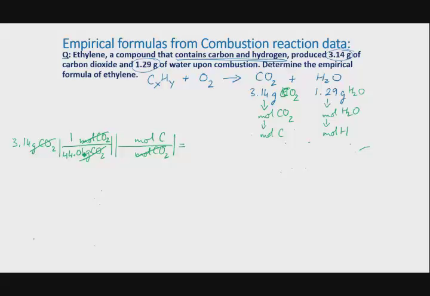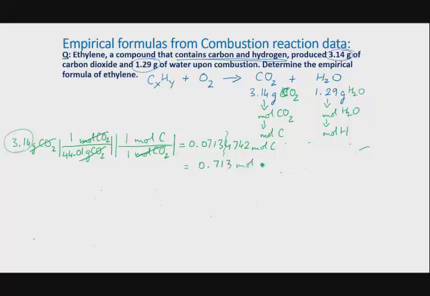And then from the chemical formula, 1 mole of CO2 has 1 mole of carbon. If you solve this, we get 0.07134742 moles of carbon, which should be rounded to 3 significant figures based on the data given, and that becomes